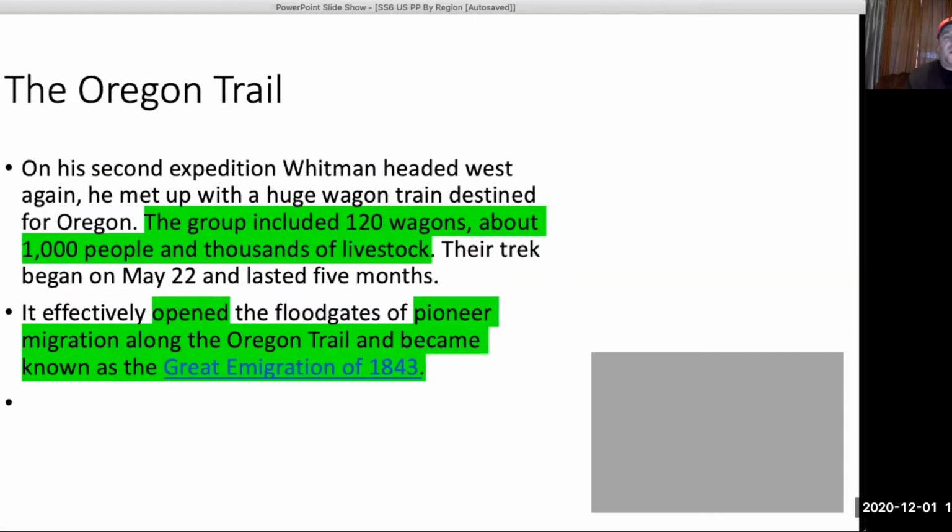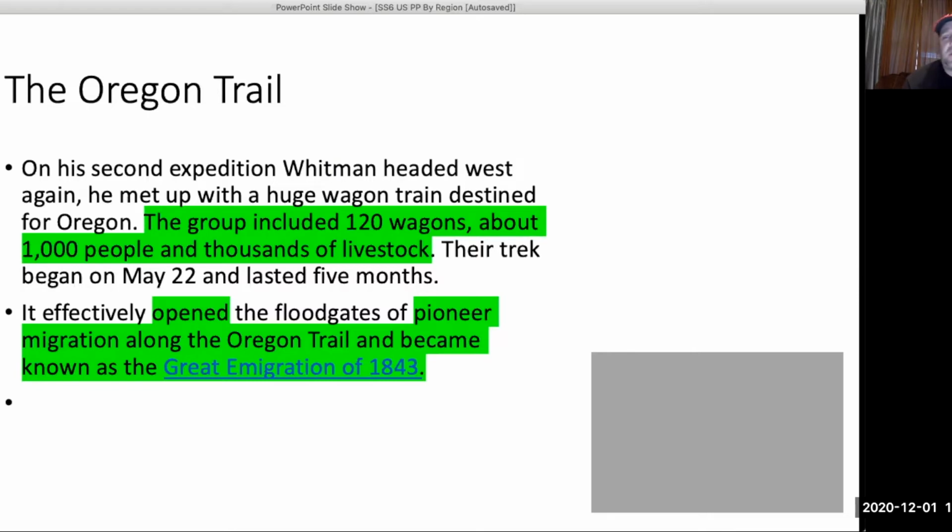Okay, on his second expedition, Whitman headed west again. He met up with a huge wagon train destined for Oregon. The group included 120 wagons, about 1,000 people, and thousands of livestock. Okay, cattle, sheep, whatever animals they took with them. Their trek began on May 22nd and it lasted for 5 months. Okay, it effectively opened the floodgates of pioneer migration along the Oregon Trail and became known as the Great Emigration